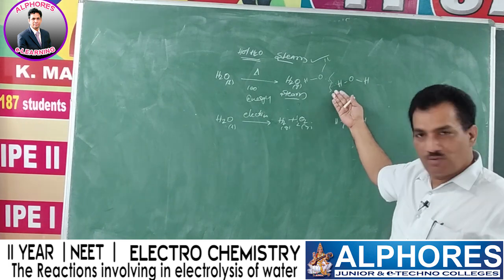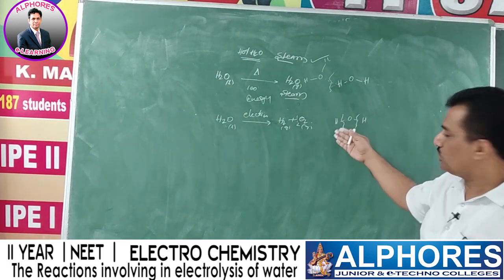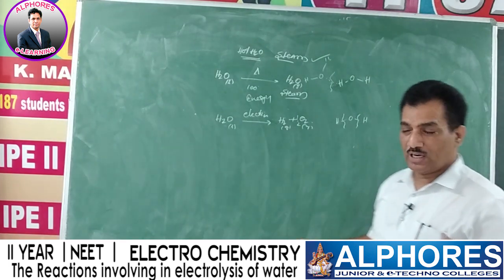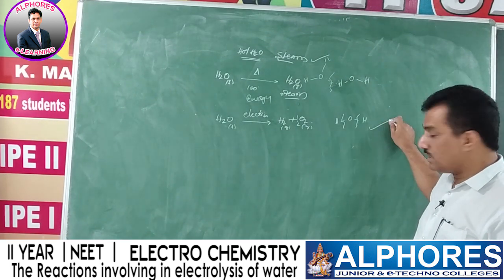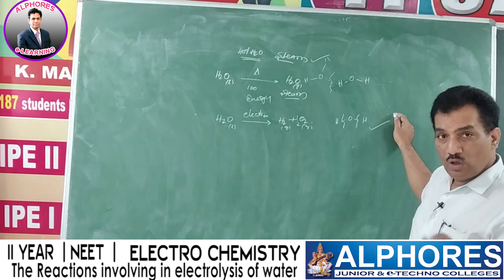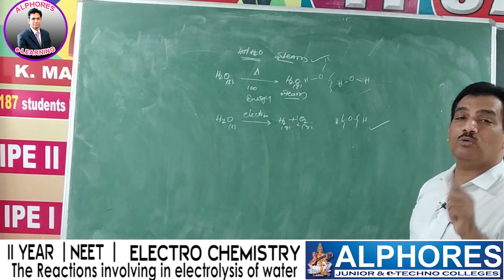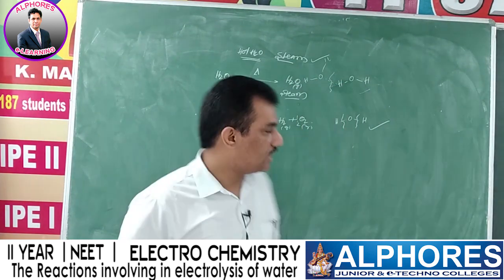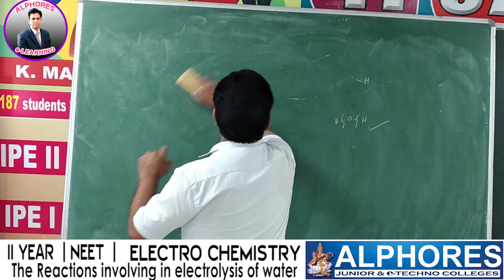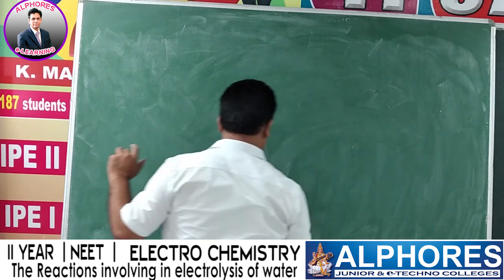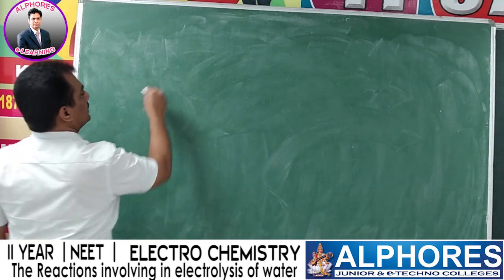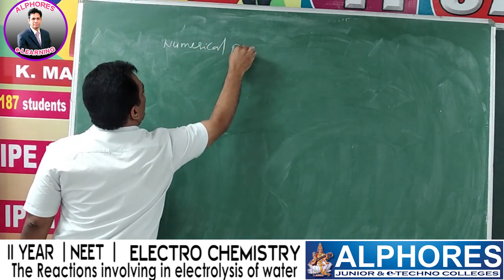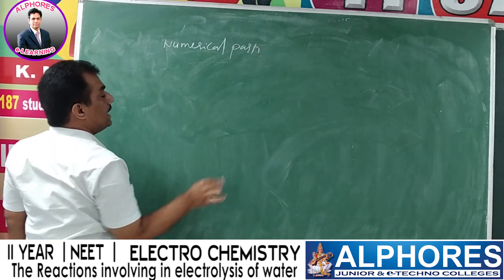Already we know hydrogen bond is a weak bond. So the energy required to break the weak bond is always less than the energy required to break the covalent bonds. That's why, remember, the energy for the electrolysis of water is more compared to the energy required to make water into steam. Clear? That is one of the important concepts related to competitive exams. And next, coming to the numerical part of this electrolysis.